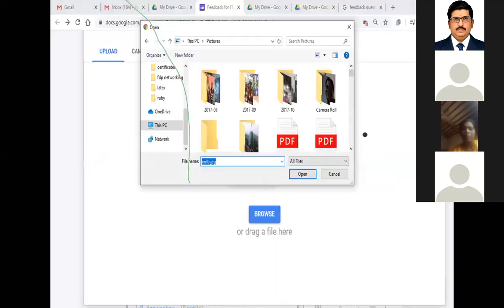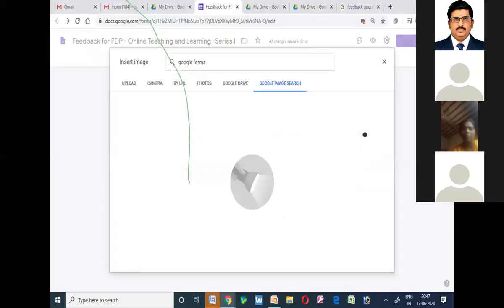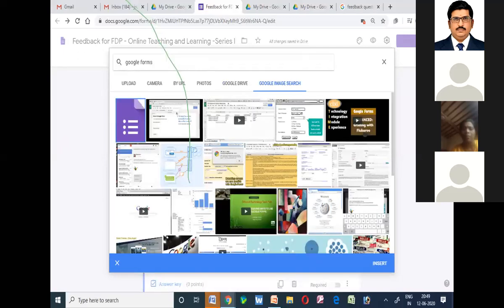So upload is going to get an image from your own computer. Suppose if you have a good image in your computer, then you can add by using that upload. Suppose if I want to search a Google image and just want to insert that image, then I can go in for this Google image search. So if I give the title of the image which I wanted to search, for example, here Google Forms I have given, it is going to prompt you with the different types of images which match the particular title which I have given in the search box.